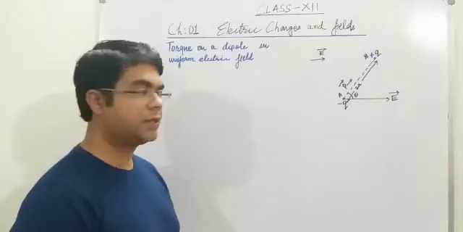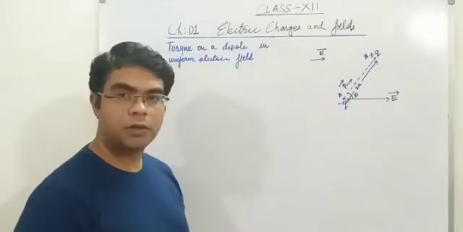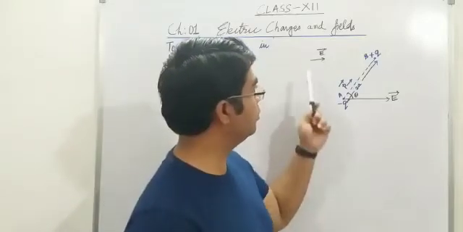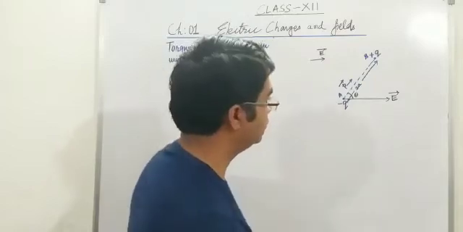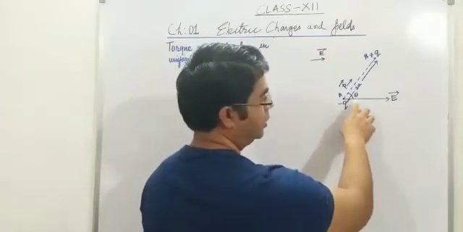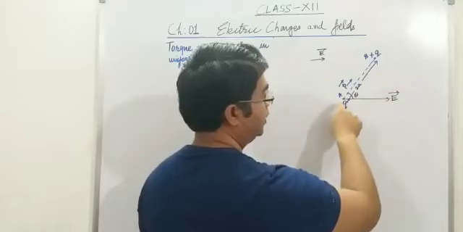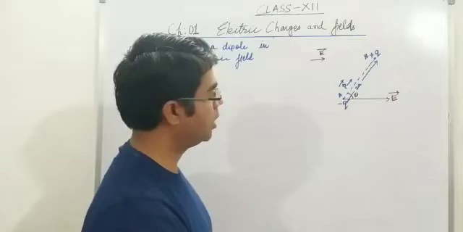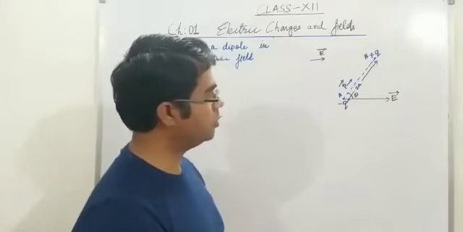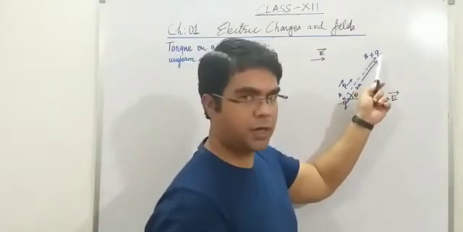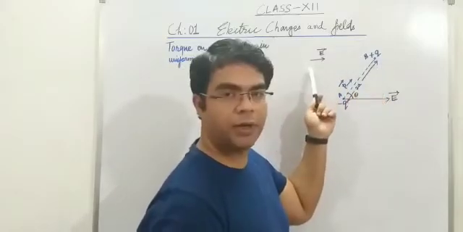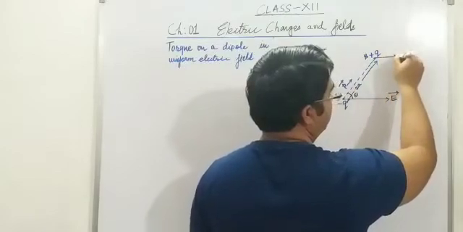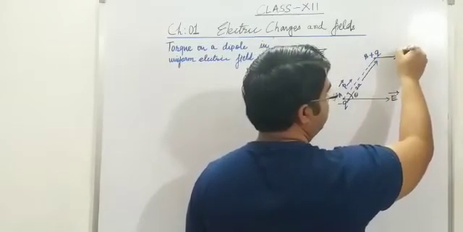Now the second topic is torque on a dipole in uniform electric field. So consider a dipole placed in uniform electric field E. The angle between the direction of electric field and the direction of dipole moment is equal to theta. The force acting on the positive charge due to the electric field always acts in the direction of electric field. Let this force be